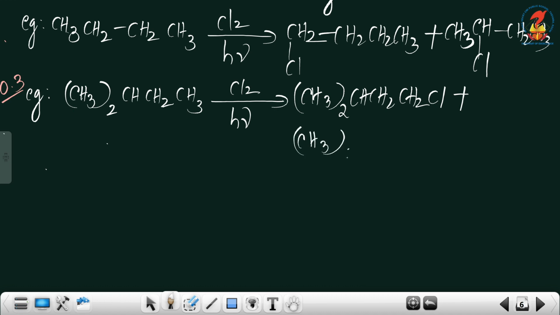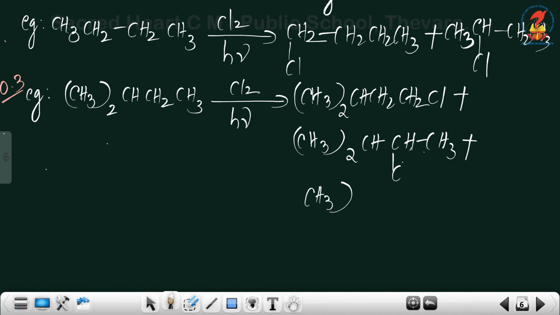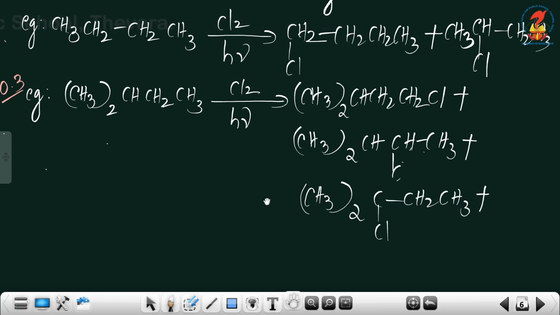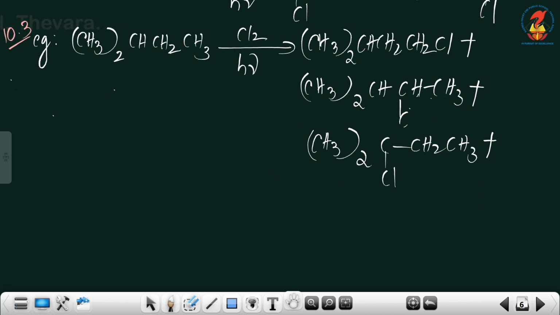So CH3 twice, CH, CH2, CHCl, CH3. Now the third possibility is from CH hydrogen. So CH3 twice, C, Cl, CH2, CH3, and the last isomeric monohalogen derivative